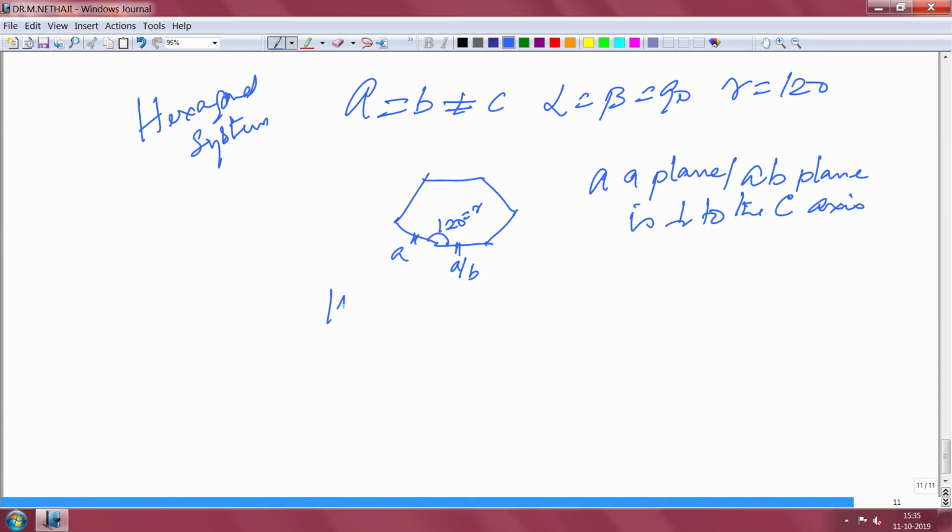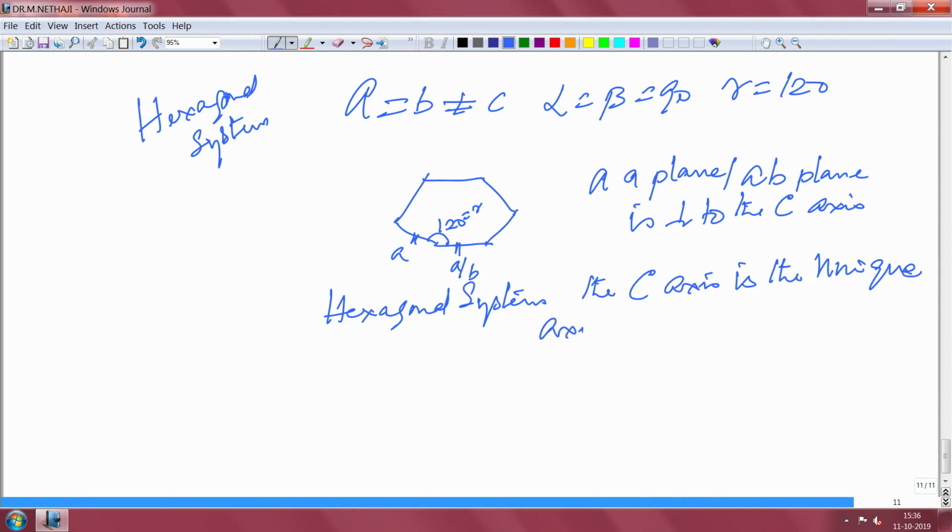In the hexagonal system, the c axis, the unique axis,